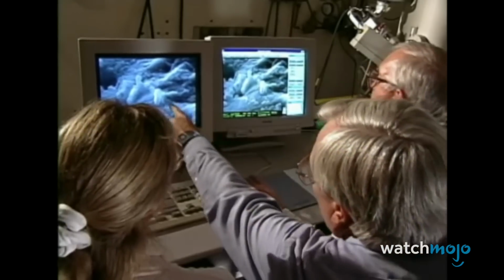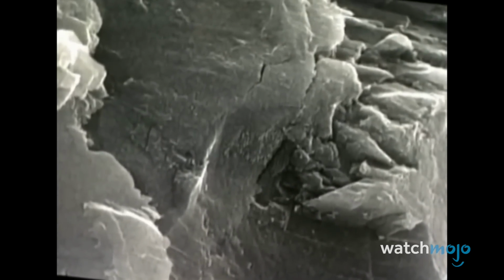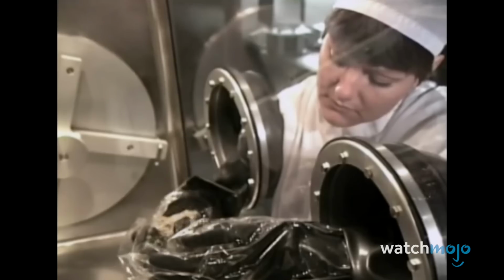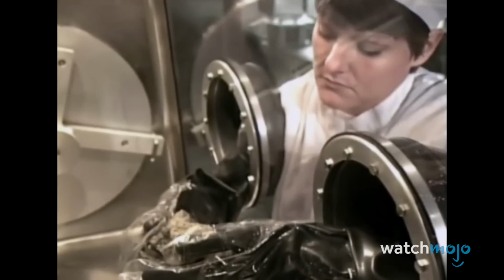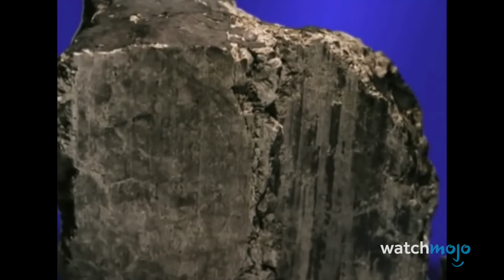Said meteorite made national headlines in 1996 when scientists claimed to have found fossils of microscopic bacteria within the rock, which seemingly confirmed that there had once been life on Mars. However, this claim was enormously controversial within the wider scientific community and was ultimately rejected due to a lack of